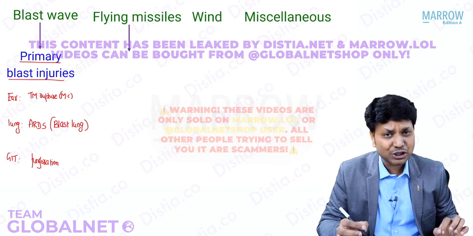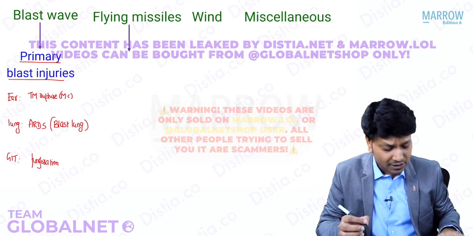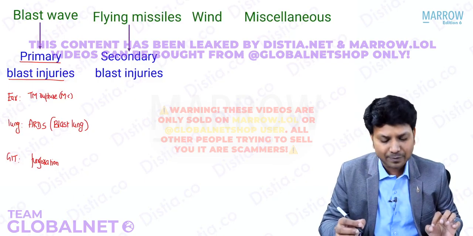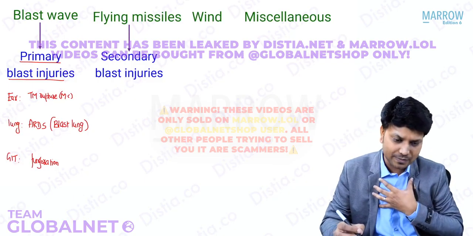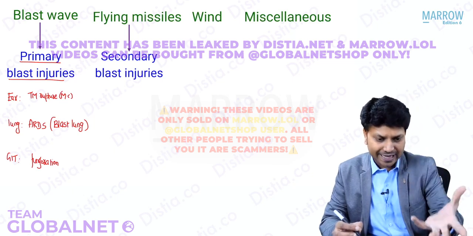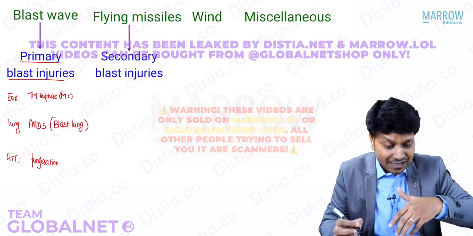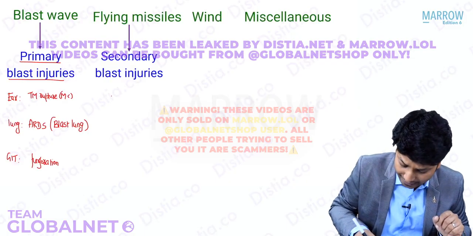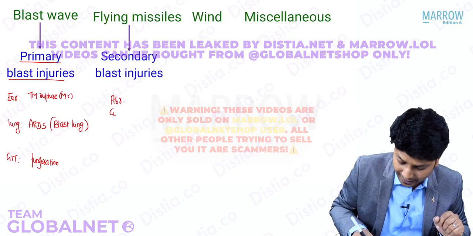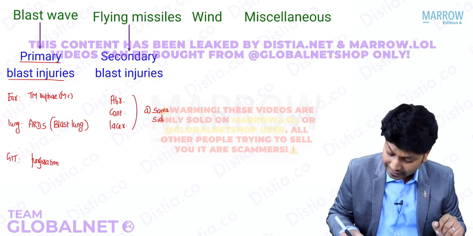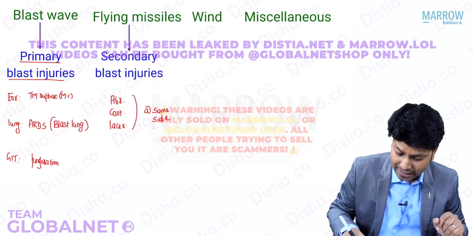I told you flying missiles, shrapnels and projectiles. It is thrown away. Whatever injury is produced by the flying missiles, we call it a secondary blast injury. I told you what happens if I am the victim staying here. If there is a bomb in front of me that is getting blasted, the flying missiles will come and injure the anterior surface of my body, the front of the body. On this surface of the body, the person will have abrasion, contusion, laceration, punctate abrasion, contusion, laceration on the same side